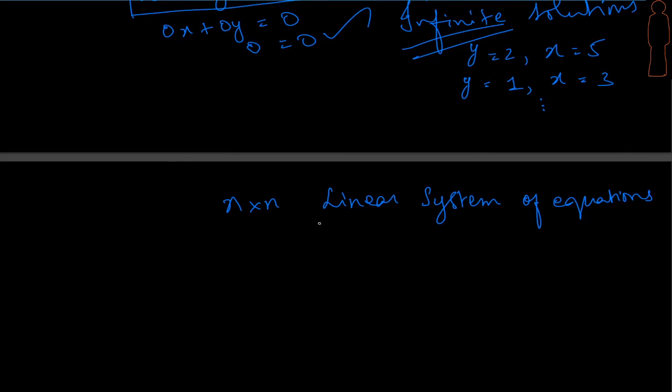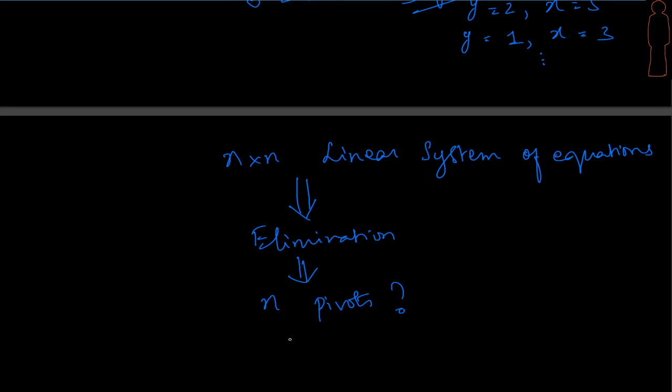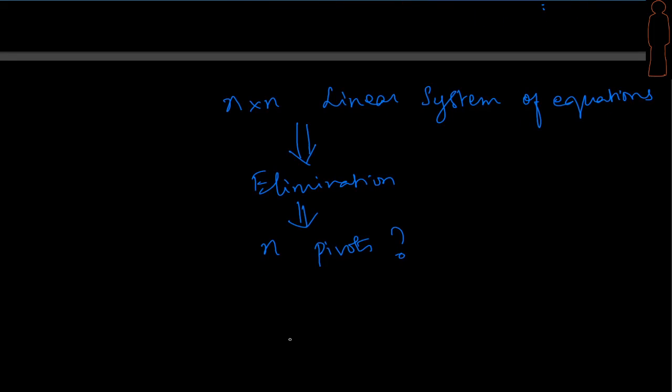Okay, what we do first is we first do elimination and look at the upper triangular matrix and ask if there are n pivots or not, right? Now this is the crucial question, and if there are n pivots, right? So let me write down here saying yes, there are n pivots,